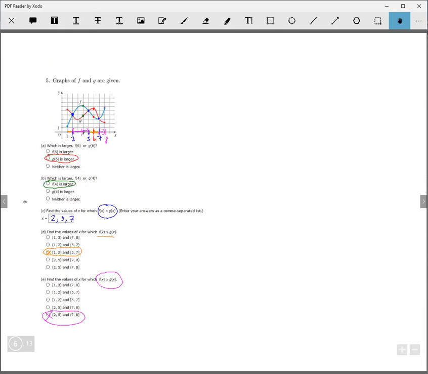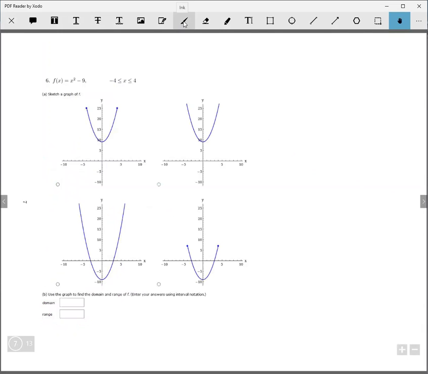So we move along to the next problem, number 6. Here we have x squared minus 9, and sketch a graph. So I could do this on GeoGebra or something, or you could do it on GeoGebra. But I will say that this one right here is, we'll talk about this later. So I may as well just tell you right now that if you take the graph of, so we know that y equals x squared